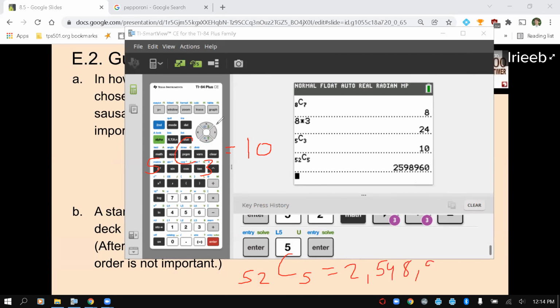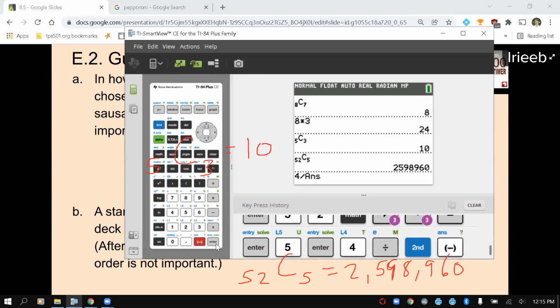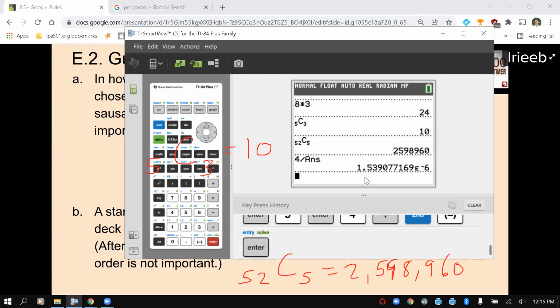Out of those choices, how many is a royal flush? There are only 4 ways to get a royal flush, right? You have the ace, king, queen, jack, and 10, all of one suit. So you can have a royal flush in hearts, spades, clubs, and diamonds. So there are 4 possible ways. Out of all of those options, your chances of drawing a royal flush from a deck of cards is